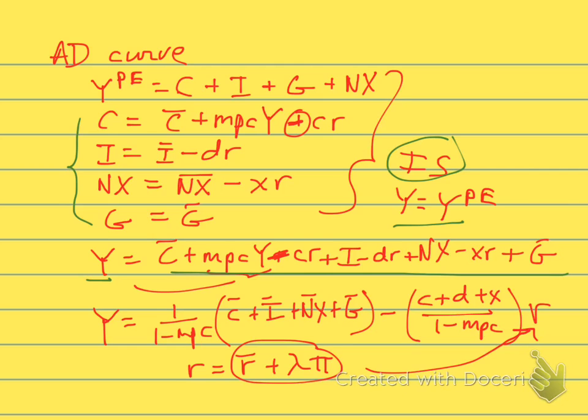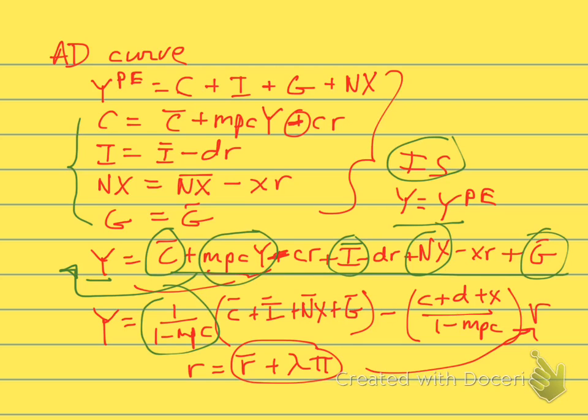We gather terms, the exogenous components of spending, C bar, I bar, X, and G. This should be I bar here. And then we take the MPC Y term over to the other side, and then we have common factor 1 minus MPC, and that's what we divide by, and that's our simple multiplier here. And then our other component is